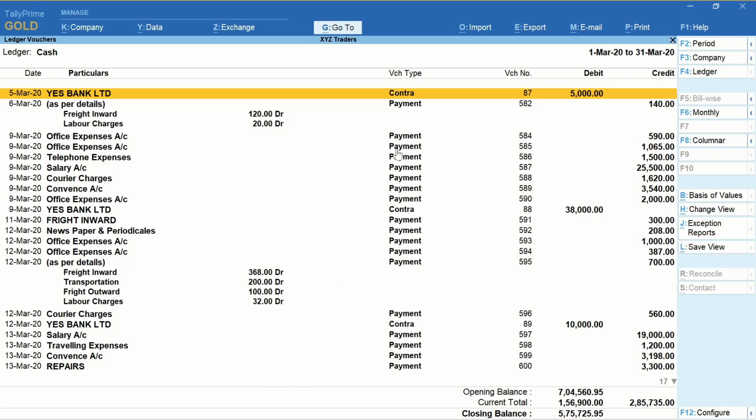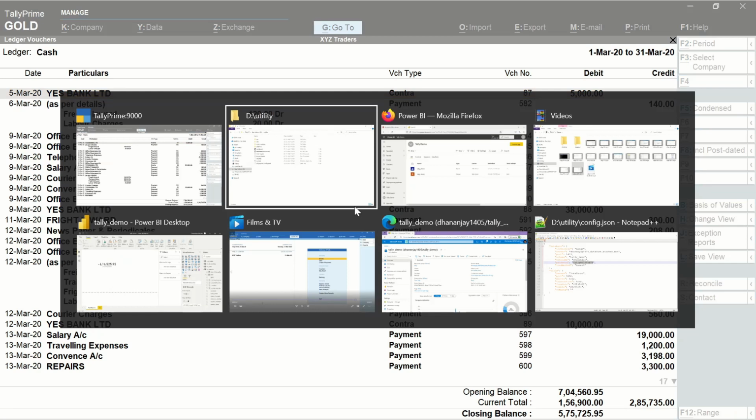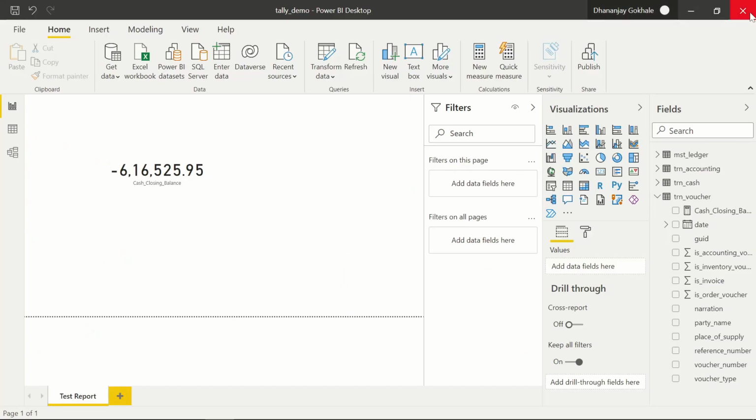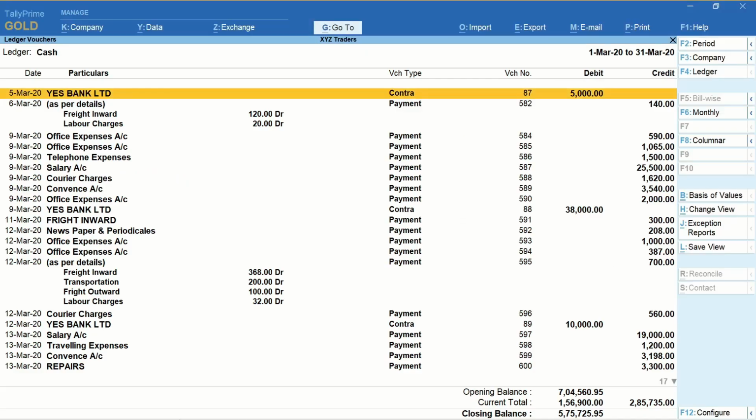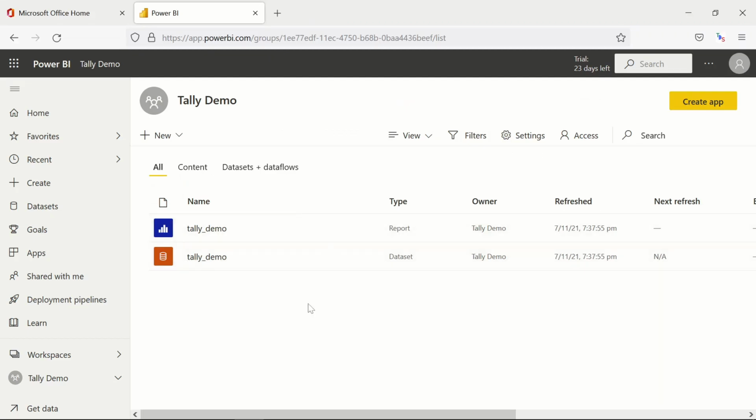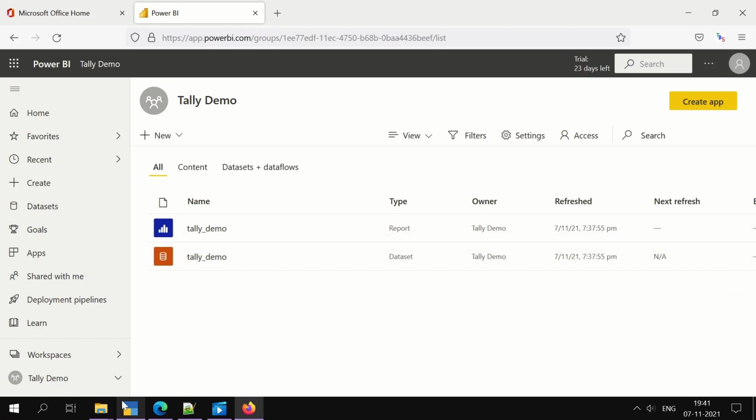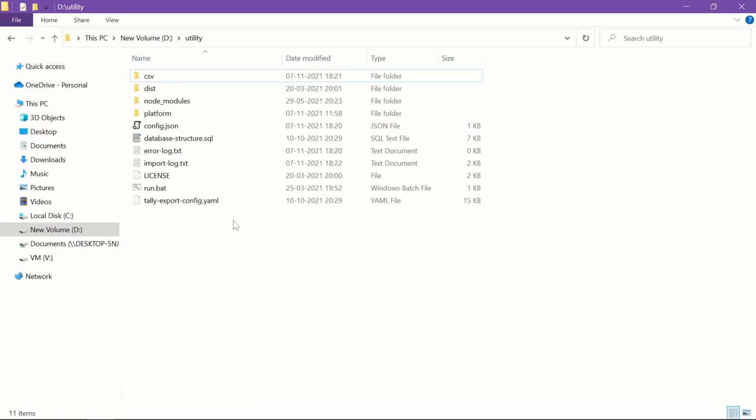Now you don't actually require Tally or the Power BI desktop to be running, because this data is already there on the cloud. So automatically this utility will be running. Let us assume that at the day end this utility runs.